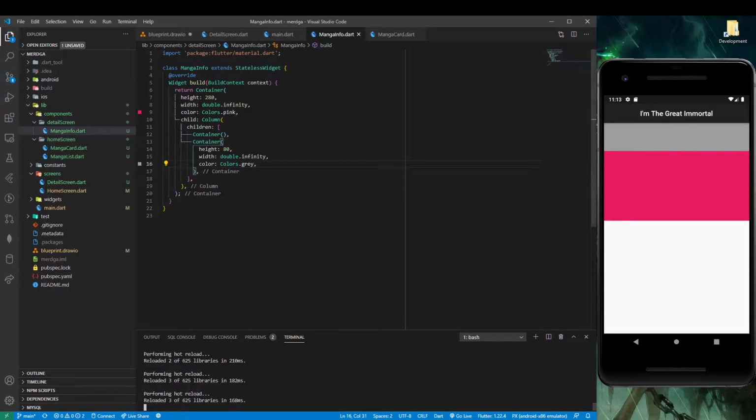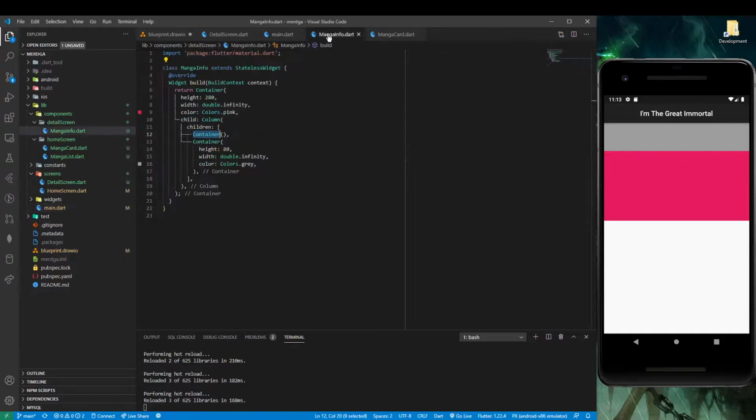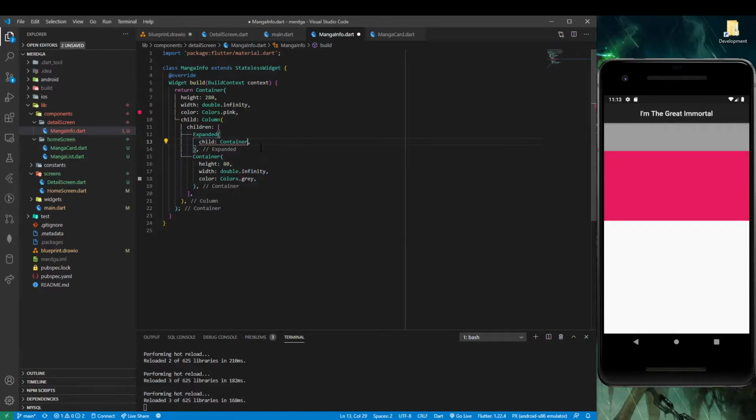I think that's fine for the 3 button, but instead of using container for the image and the title, I'm going to use expanded. So let me type container first. What expanded does is it takes the space available inside the widget,